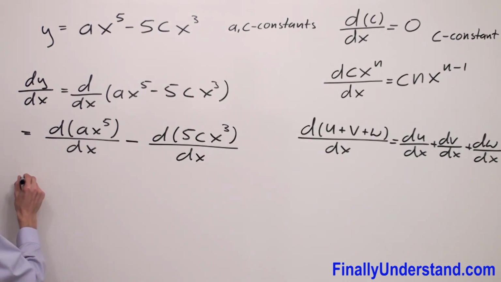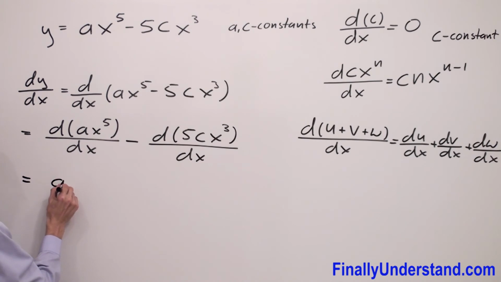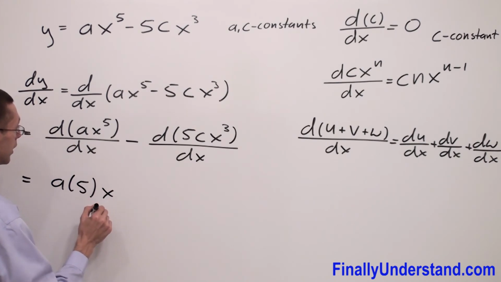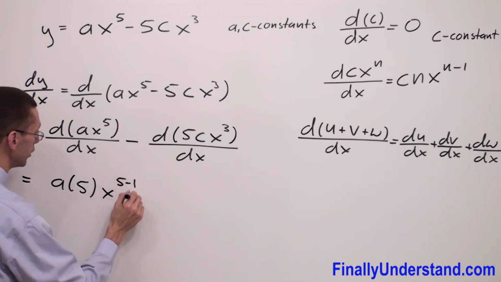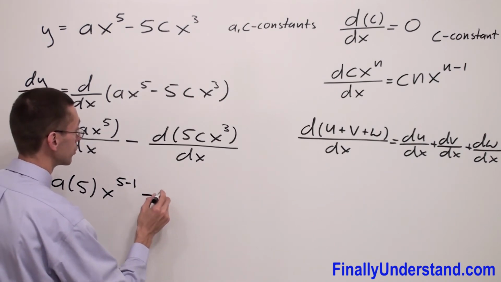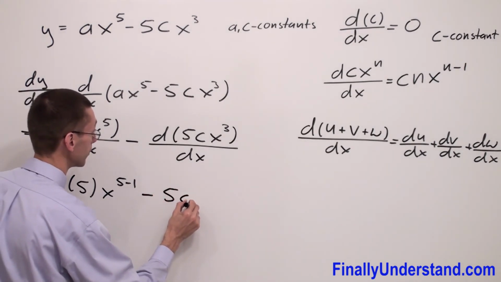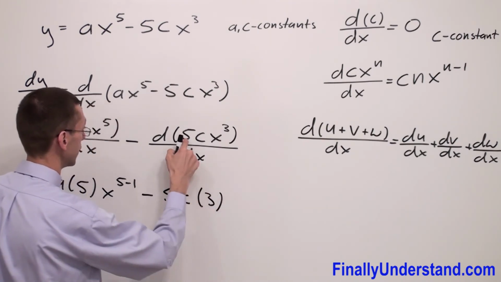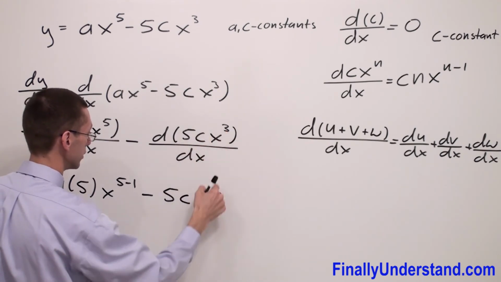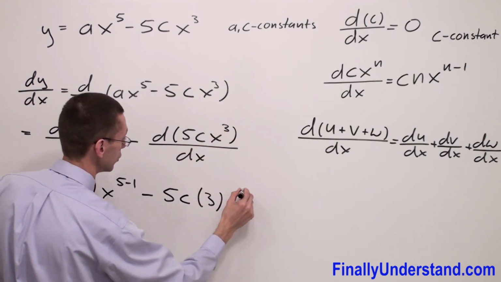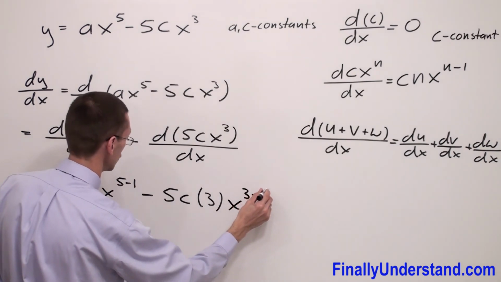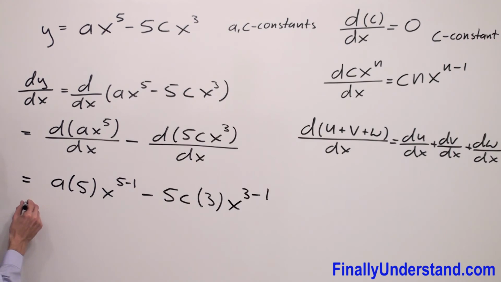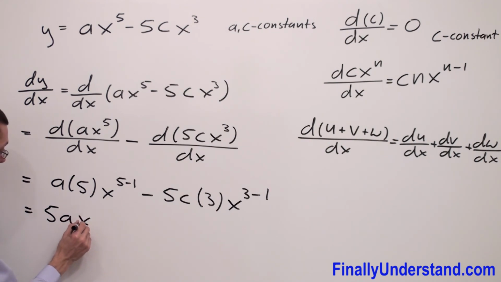Now we're supposed to use the formula for the derivative of a constant times the power of x. So we have a times 5 times x, and I have 5 minus 1, minus 5c times 3, okay, this is my constant, times the exponent 3, and I have x to the 3 minus 1, okay? So I have a times 5 is 5a, x to the fourth power